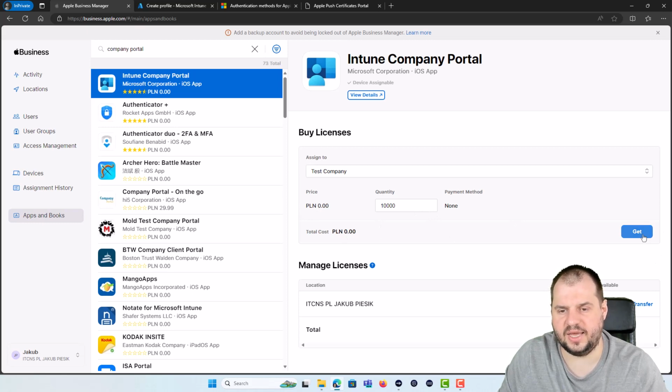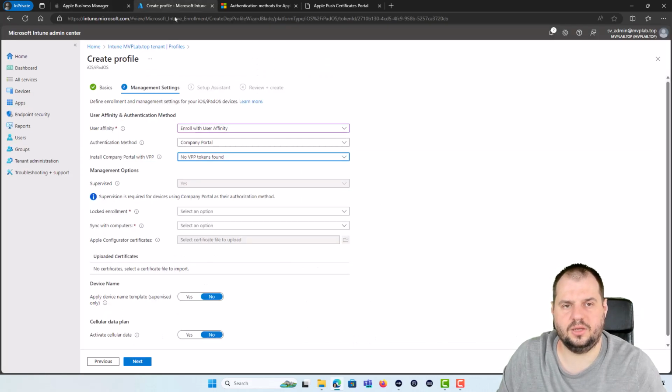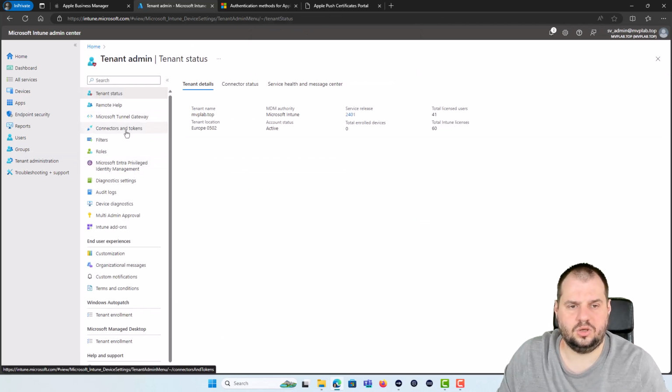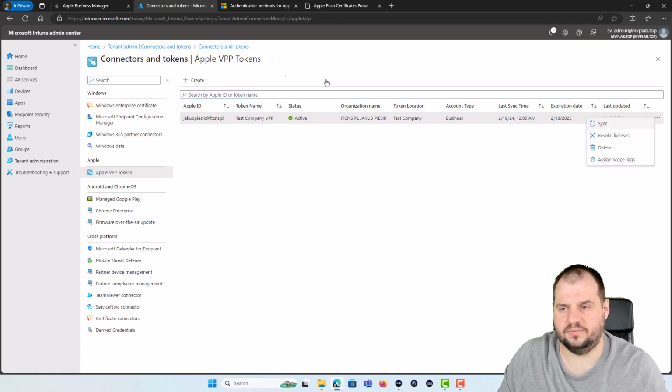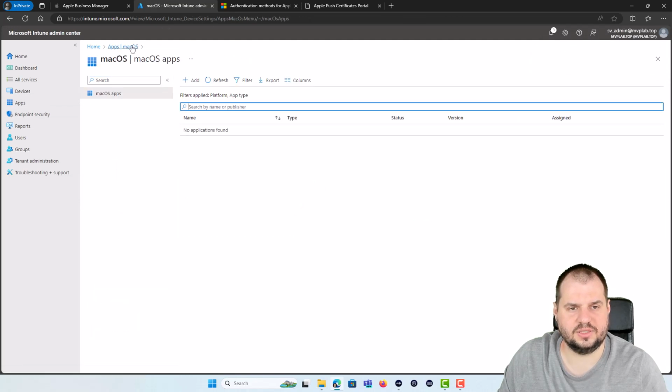I will buy 10,000 licenses, which will have a total cost of 0, because that is a free license. I'm clicking the get button, and the 10,000 licenses were assigned to my account. After a while, this number of licenses will appear here. As we can see here, 10,000 licenses for the company portal. Again, it will not appear here, so we need to go to the tenant administration, connectors and tokens, Apple VPP token. We need to sync, and if we go to apps, iOS devices,